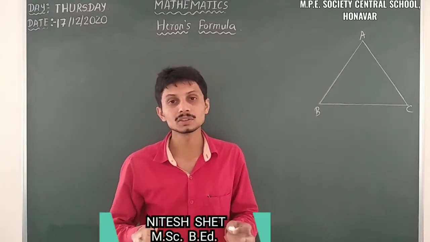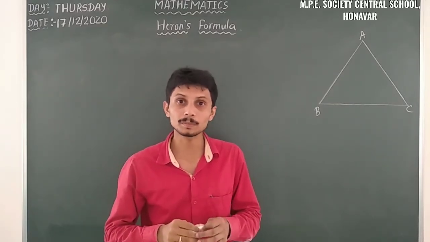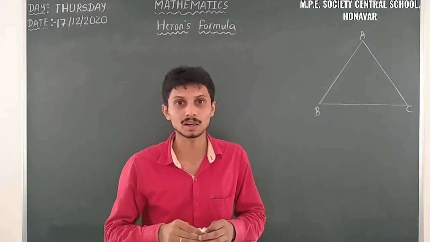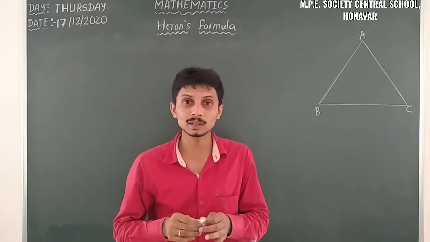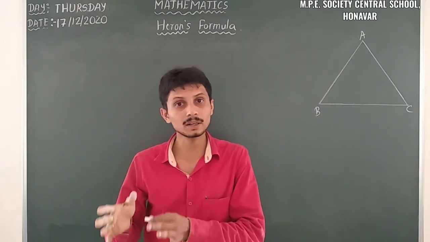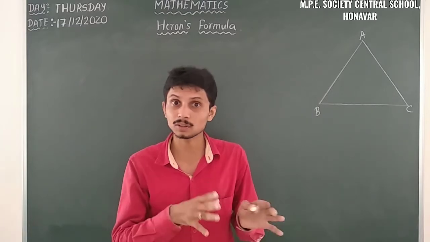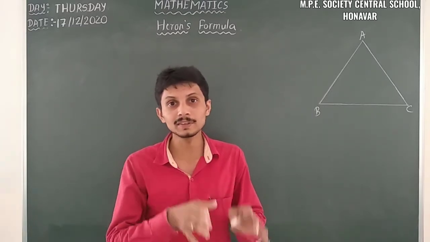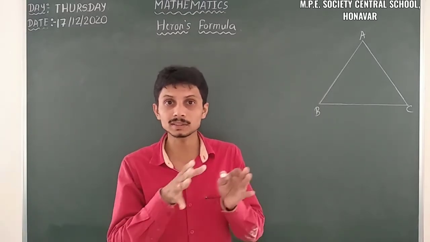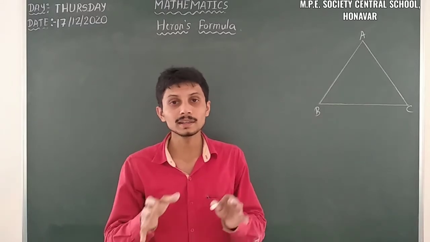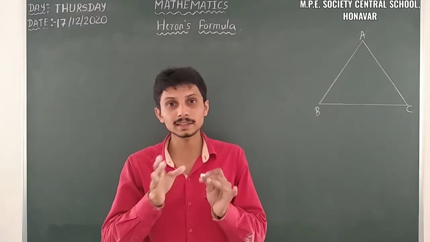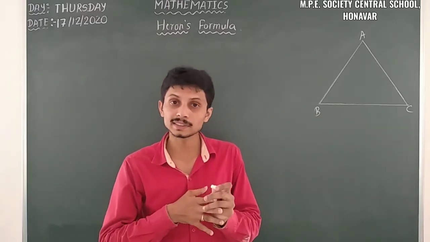I am from Annavara. So last class we were discussing a topic from 9th standard, that is Heron's formula. In Heron's formula we already discussed the formula for area of a triangle, that is half into base into height. It's a common formula and we already applied that formula in the case of a right angle triangle, equilateral triangle, isosceles triangle, and scalene triangle.